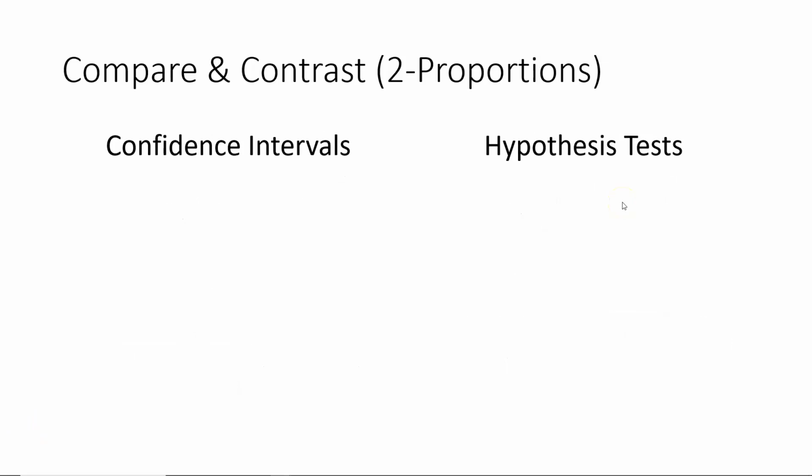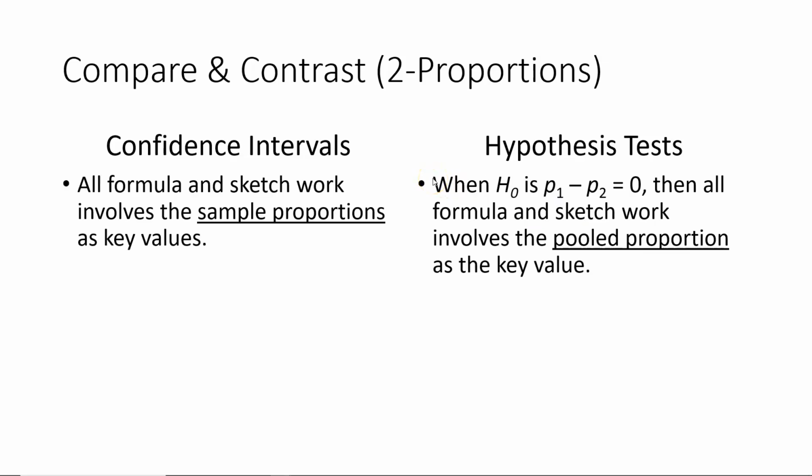Continuing with our comparison and contrast of the two inferential statistics techniques for two proportions, note that for confidence intervals, all formula and sketchwork is going to involve the sample proportions as our key values. In contrast with that, for hypothesis tests, when the null hypothesis is that the difference of the population proportions is equal to 0, then all formula and sketchwork will involve what is known as the pooled proportion as the key